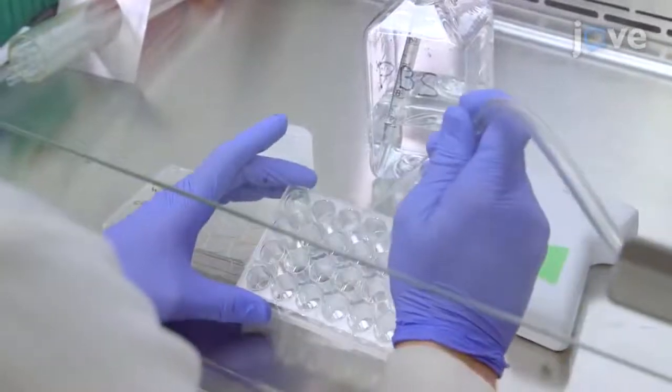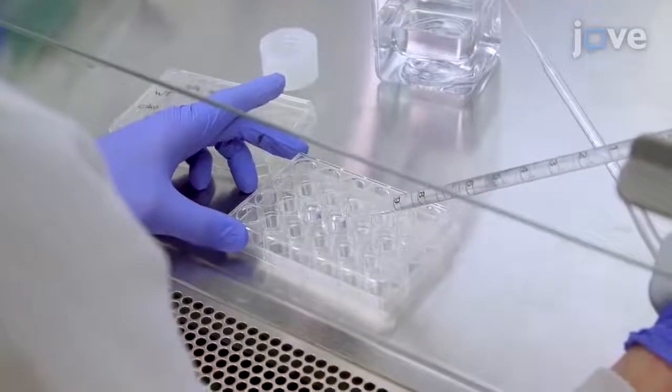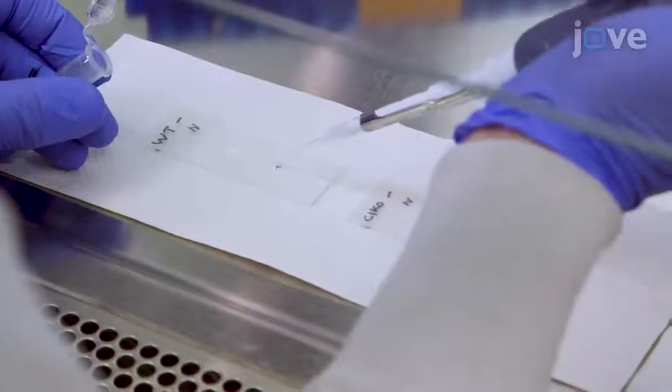At the end of the incubation, wash the cells 3 times with cold PBS as just demonstrated, and load each slide with 7 microliters of anti-fade mounting medium. Place a cover slip onto